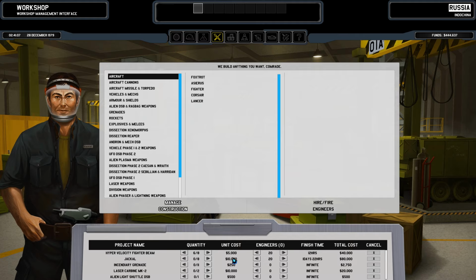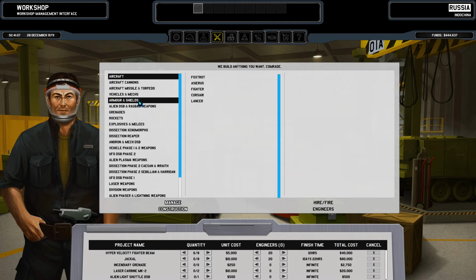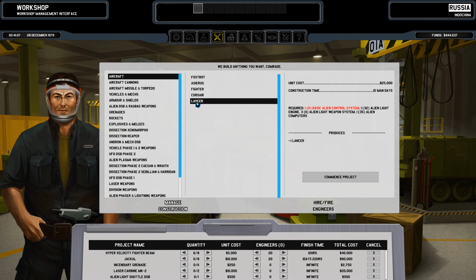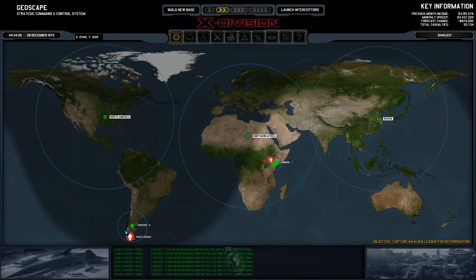I made 8, okay. But, right, I remember we wanted to make better planes, but we can't. Yeah. So we're going to check out...